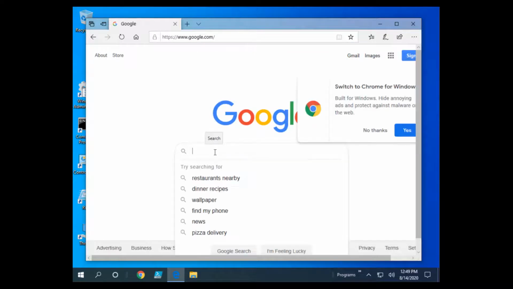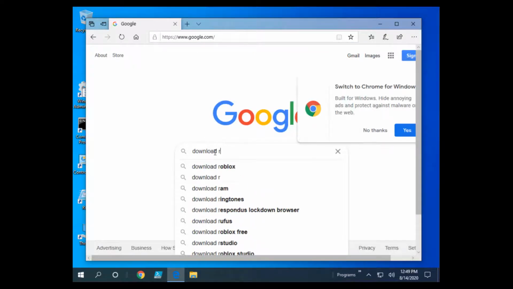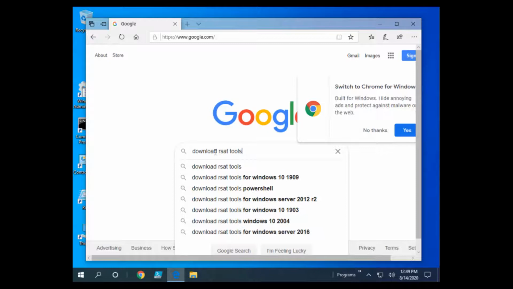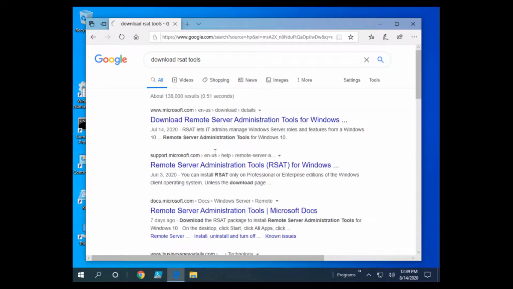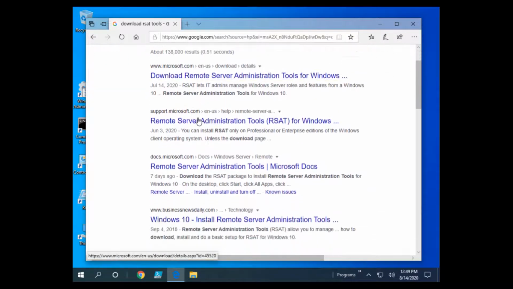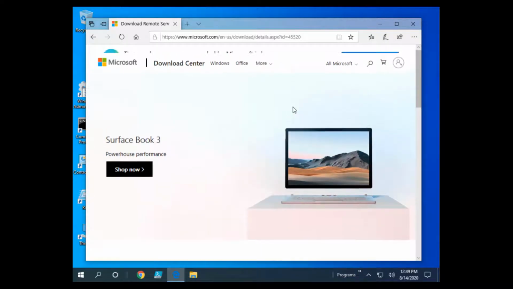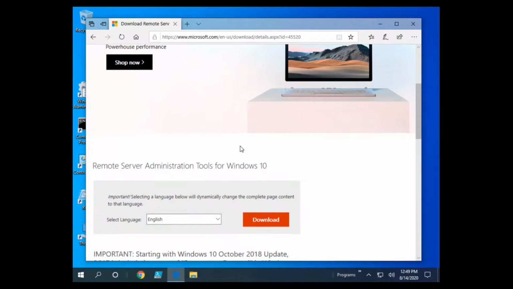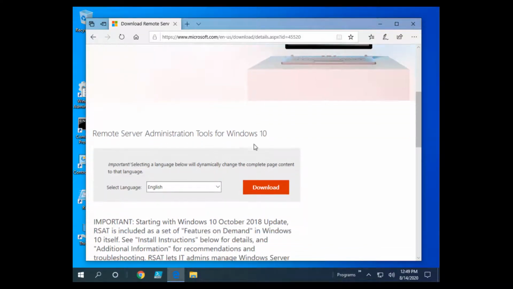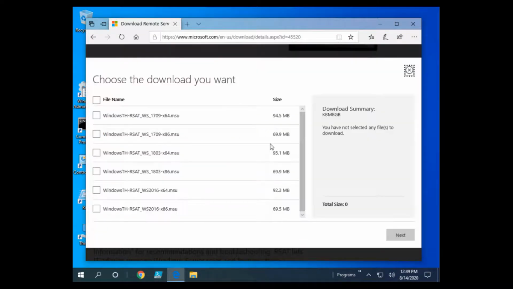All right, so basically I just typed in download RSAT tools, okay? And you want to make sure that you get a Microsoft website, all right? And be careful nobody's phishing you out there, but in this case, it looks like a legitimate Microsoft website. And Remote Server Administration Tools for Windows 10, right? So if you click download,